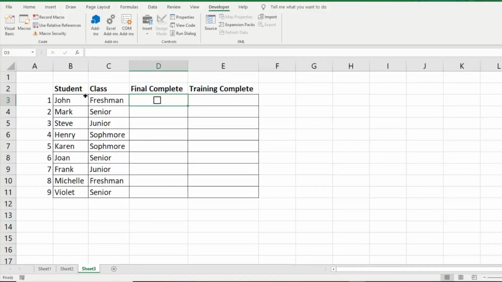For this exercise, we have some dummy data here. Let's say John, who's a freshman, did he complete the final? We'll be able to click yes, it's done, so we can track that pretty easily. What we want to do though is show the checkbox for all of the students here. You can manually re-enter and go through that process over and over again. An easier way to do that is to click in this cell, that D3 cell, and you'll see, it's kind of tricky here,